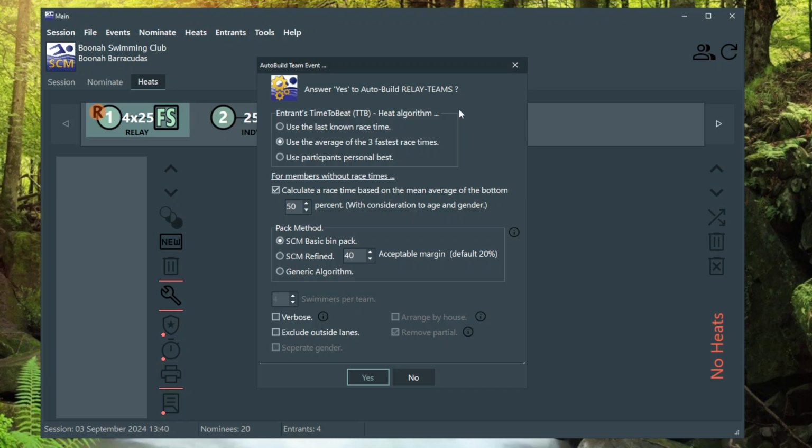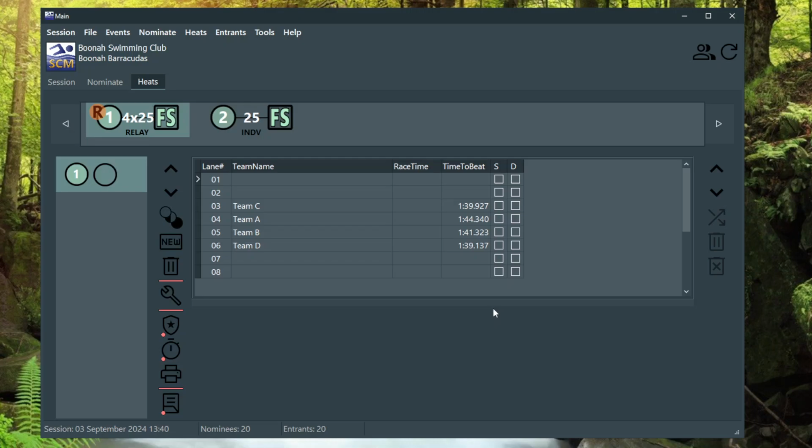They don't get unnominated. They merely are not given a lane or a team. So there's always one way of perhaps fixing that problem up. All right, let's hit yes, and it builds the necessary teams, and in this case there's 4 because there's 16